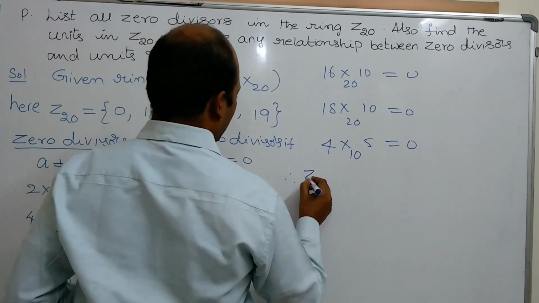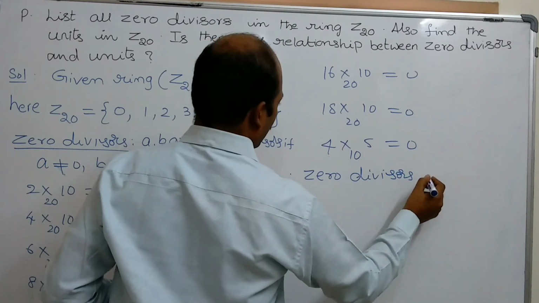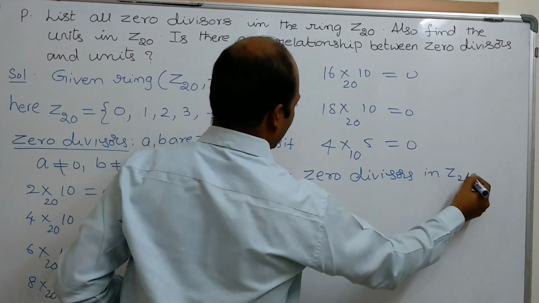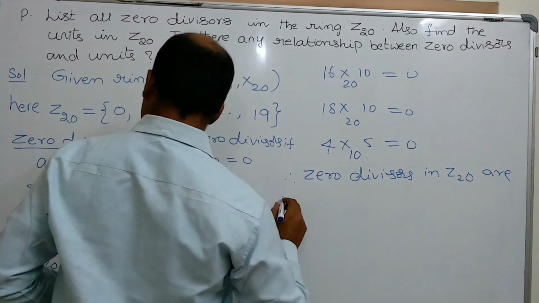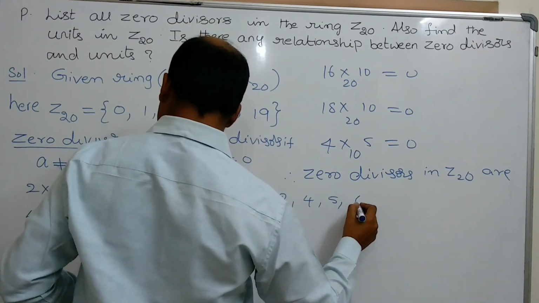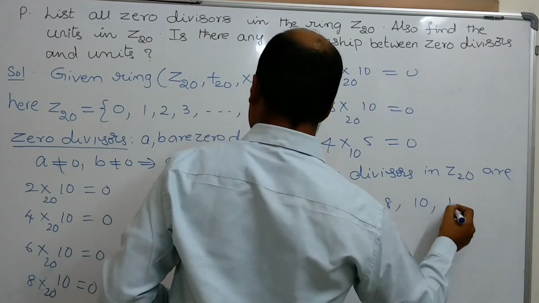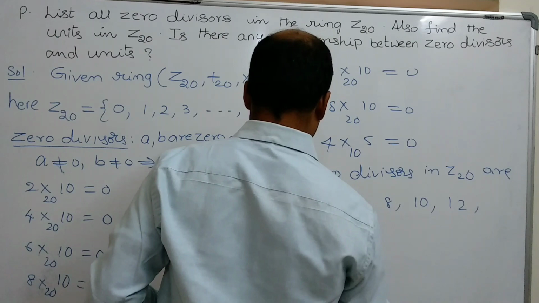Yes. Therefore, zero divisors in the ring Z20 are 2, 4, 5, 6, 8, 10, 12, 14,